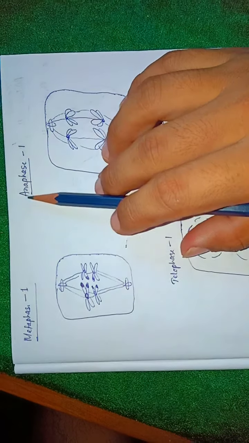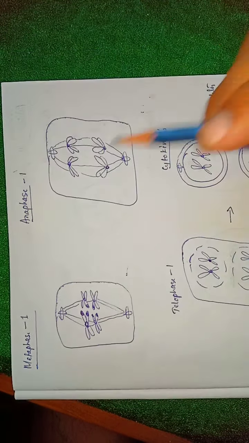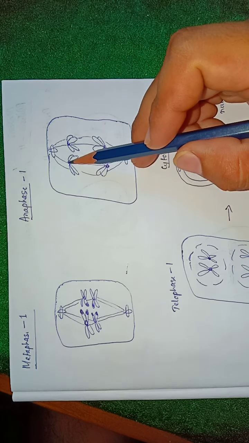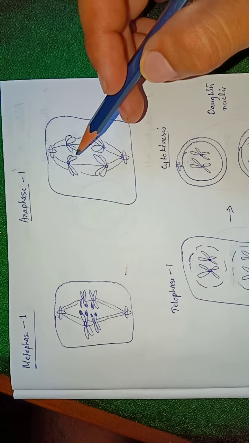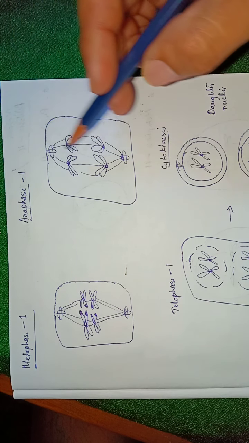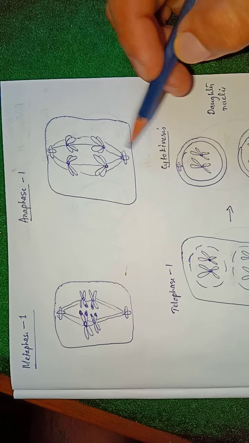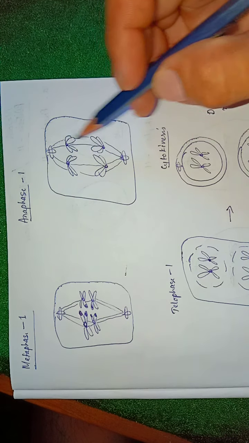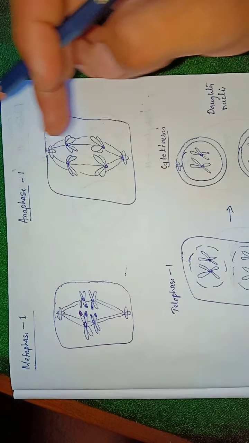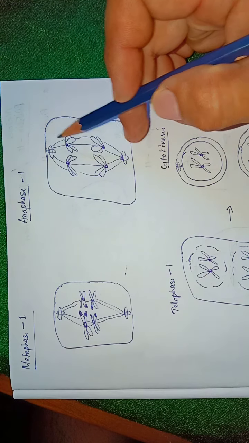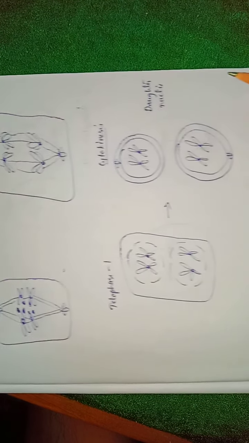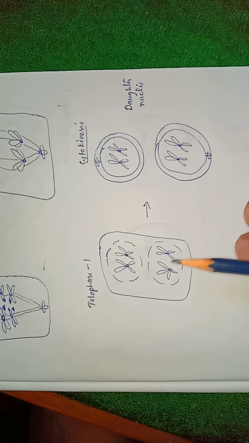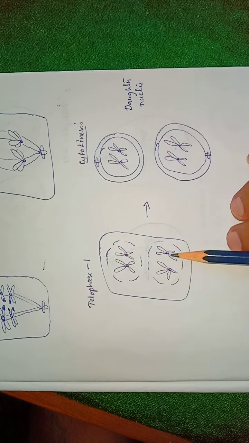Now the next phase is the anaphase 1. In the anaphase 1, there is a separation of the chromosomes. One pair begins to move this side, and the other pair begins to move to the opposite pole. And these two separated chromatids begin to pull to the opposite poles because of the shortening of the spindle fiber. And the next stage is the phase where the two separated chromatids begin to reach the opposite poles,